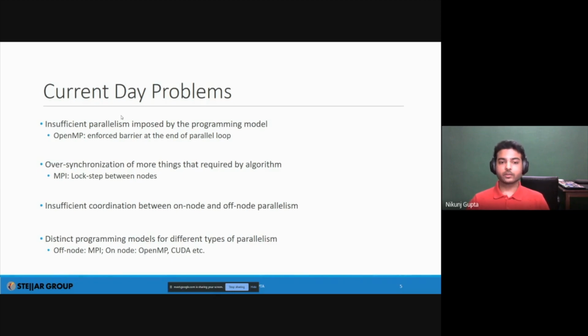Next is insufficient coordination between on-node and off-node parallelism. The thing that we need to understand is that all of these frameworks have been created independent of each other. So MPI is for distributed computing. If you have, let's say, hundreds or thousands of nodes, how do you make things distributed and run in a distributed setting? OpenMP is made for shared memory systems and NUMA systems, wherein you have a single node and you want to parallelize things basically in there. And sadly enough, there's not enough coordination between them. So they were never designed such that you can use OpenMP with MPI or MPI with OpenMP.